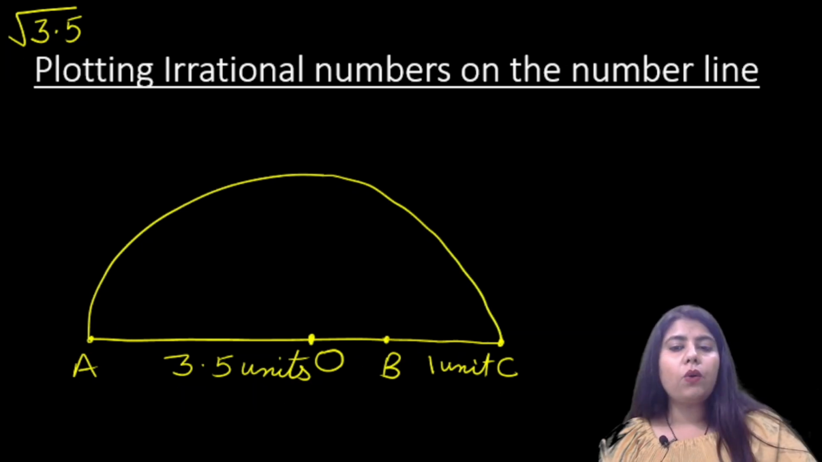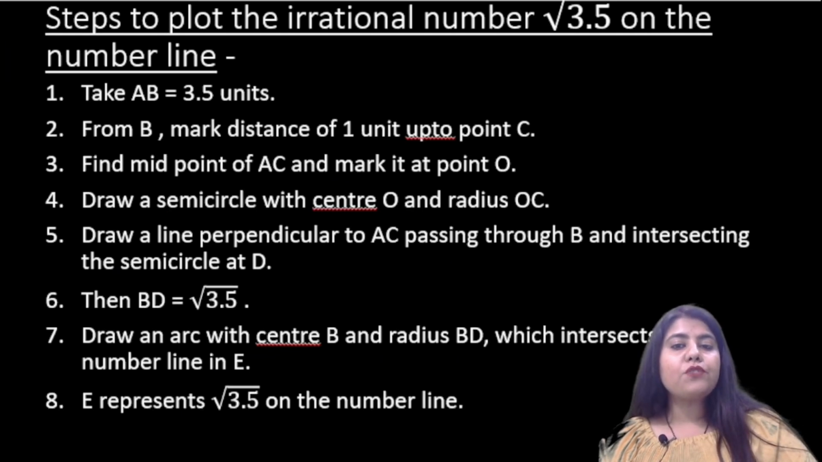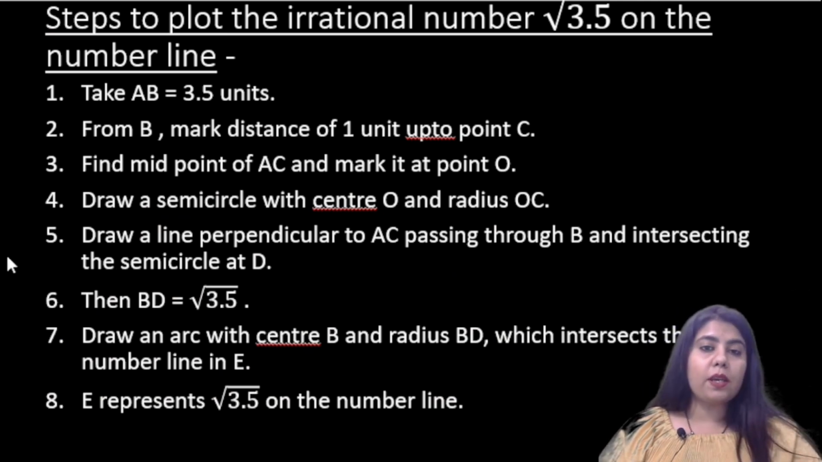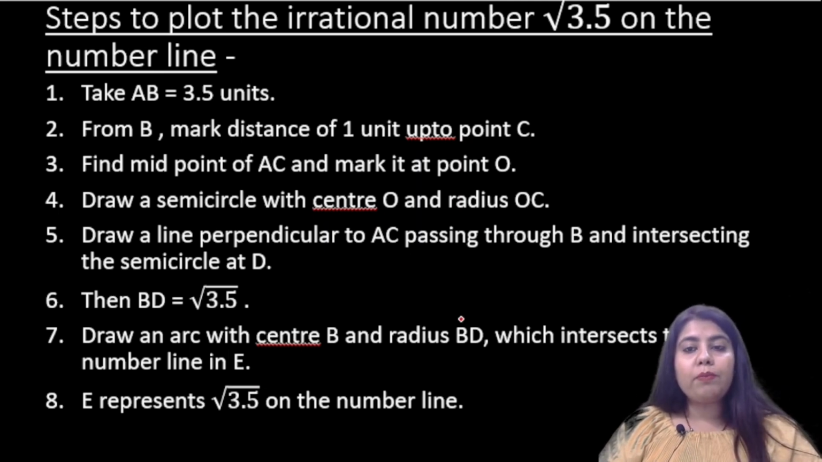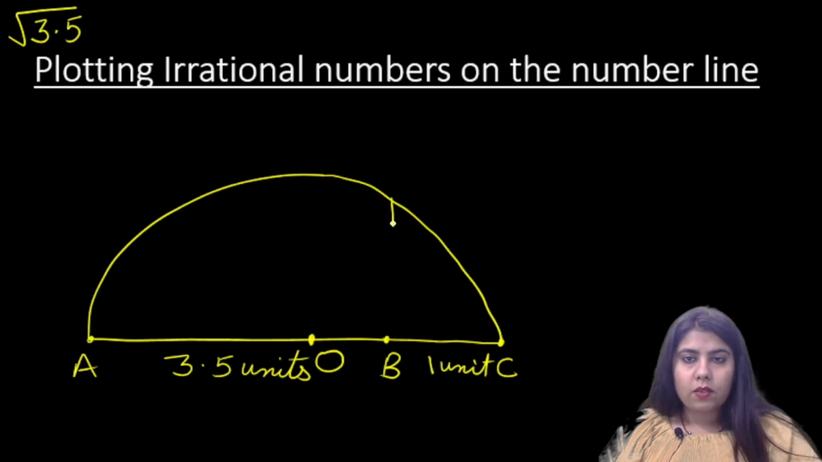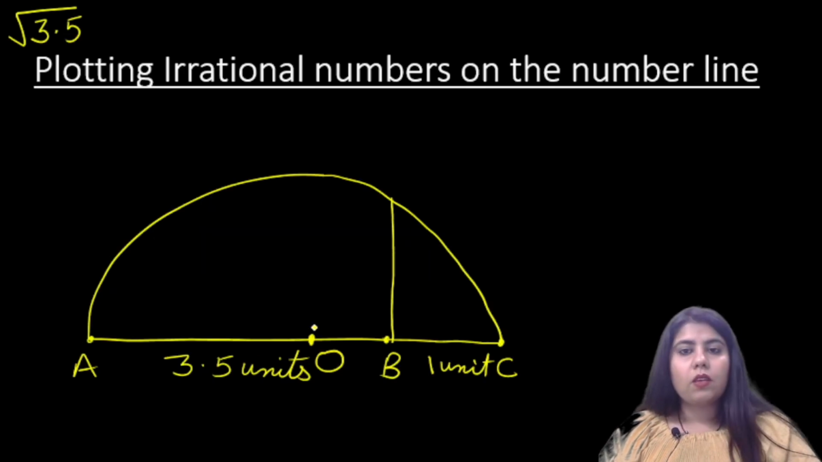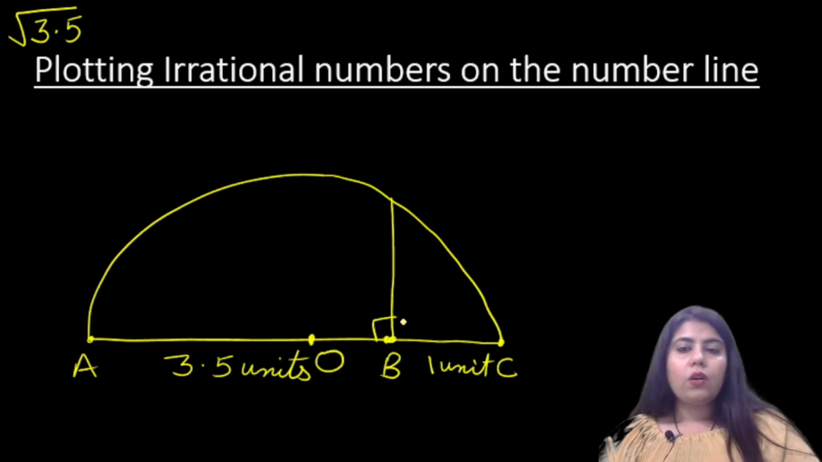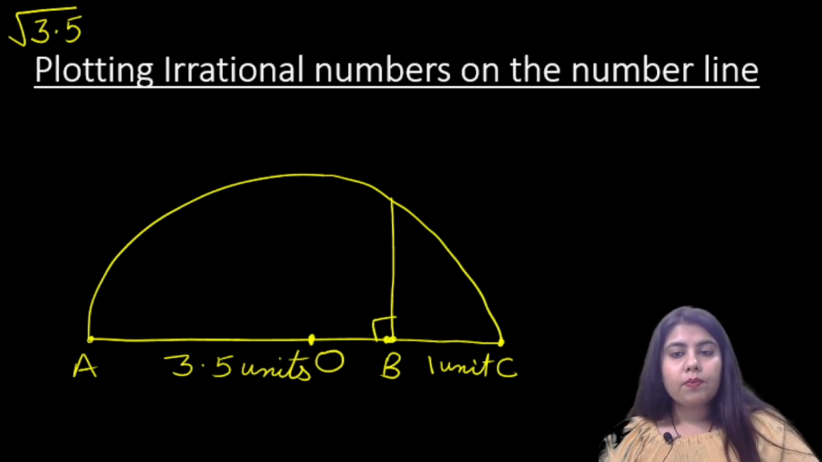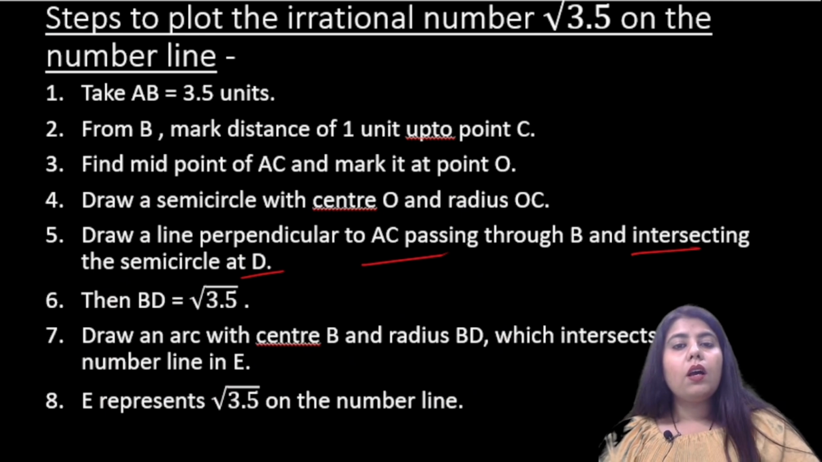Okay, now the next step is, after drawing the semicircle, see the fifth step, you have to draw a line perpendicular to AC, passing through B and intersecting the semicircle at D. Okay, this is the perpendicular line. Now the next step is, then BD is equal to root 3.5, which means